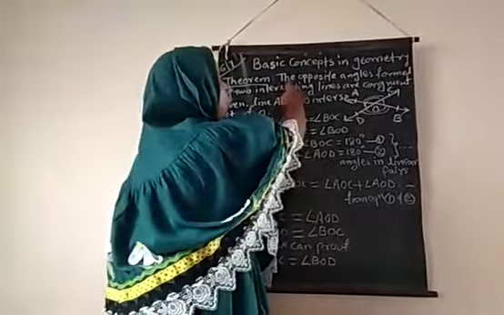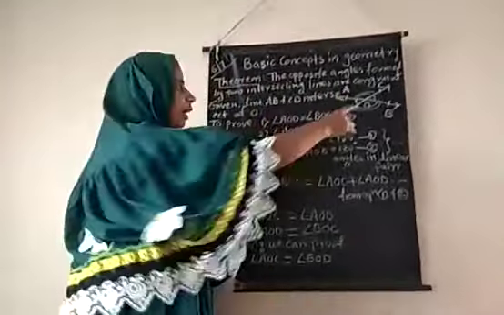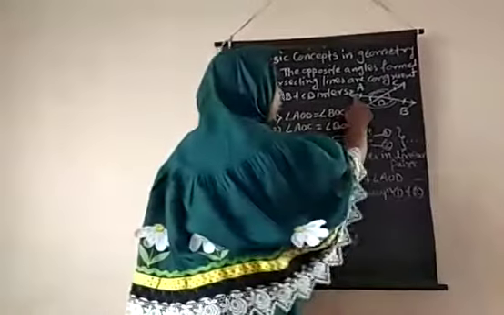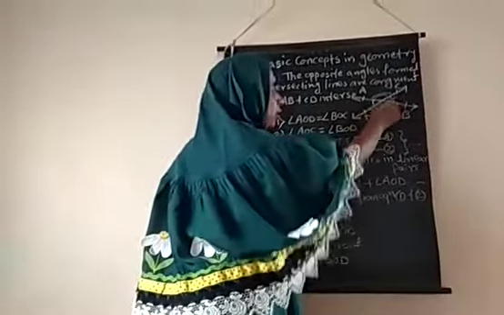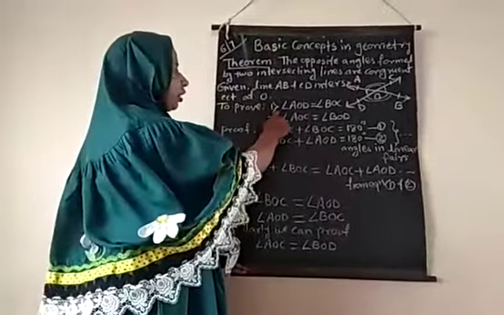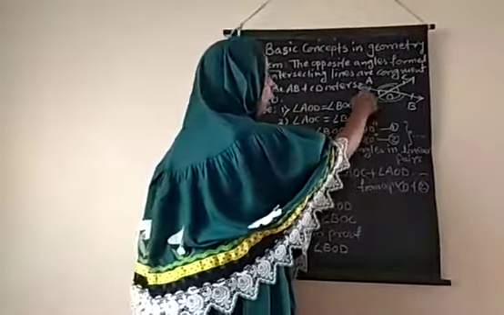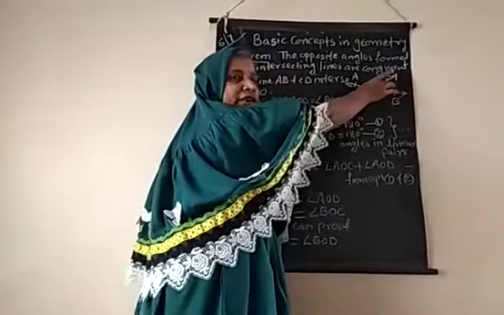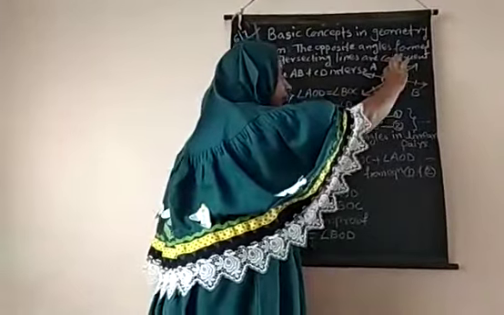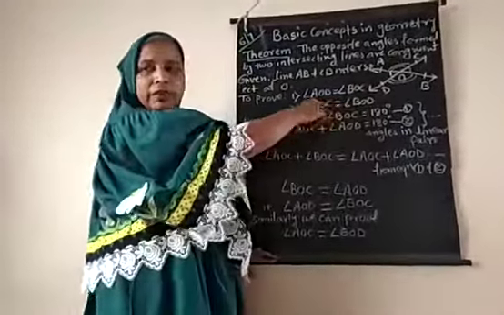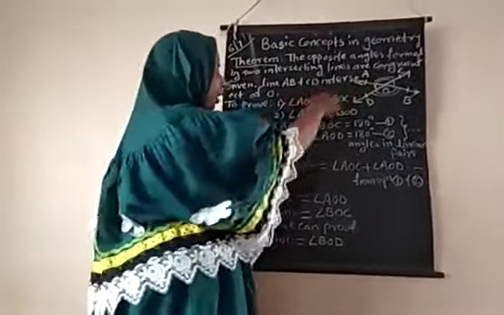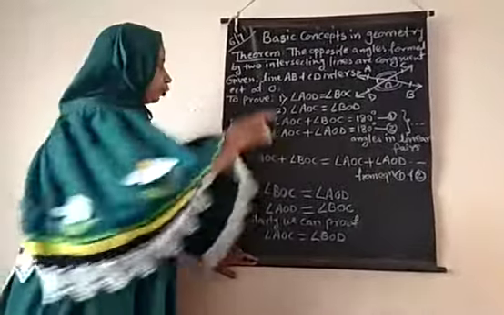What are we going to prove? By the intersecting lines, pairs of opposite angles are formed. This is the first pair shown by one symbol, and this is the second pair shown by another symbol. So here, first statement: angle AOD is equal to angle BOC. These two opposite angles are congruent. Similarly, these two opposite angles are also congruent when the lines intersect each other. So these two statements, the pairs of opposite angles, we write as to be proved.